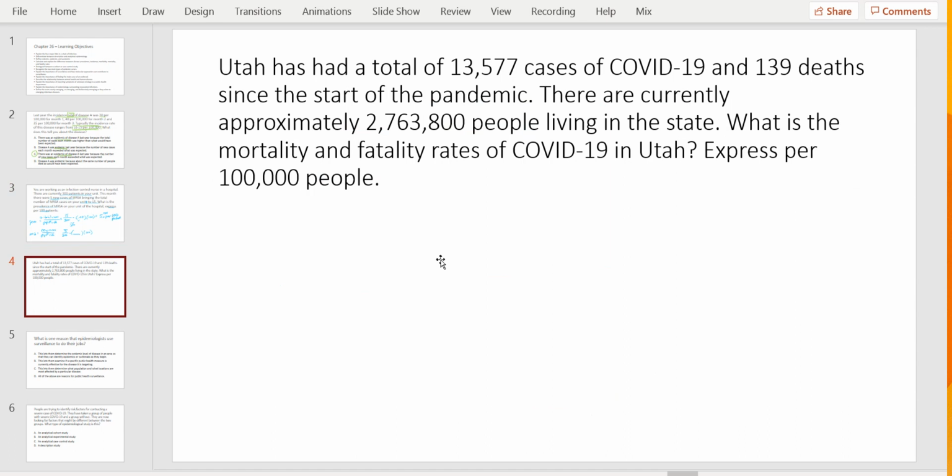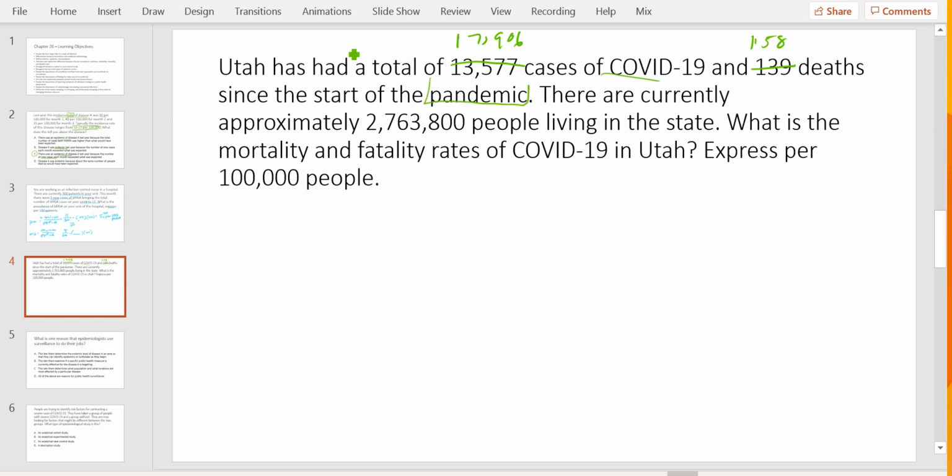Another key difference for rates is understanding the difference between mortality rate and fatality rate. And actually, I updated this on the last one. Let me update it on this one. So if we do this for real time, the number of cases right now is 17,906. And as of this morning, we've had 158 deaths. So let's use the real numbers because this is looking at COVID-19. So right now, we've had a total of 17,906 cases of COVID-19 and 158 deaths since the start of the